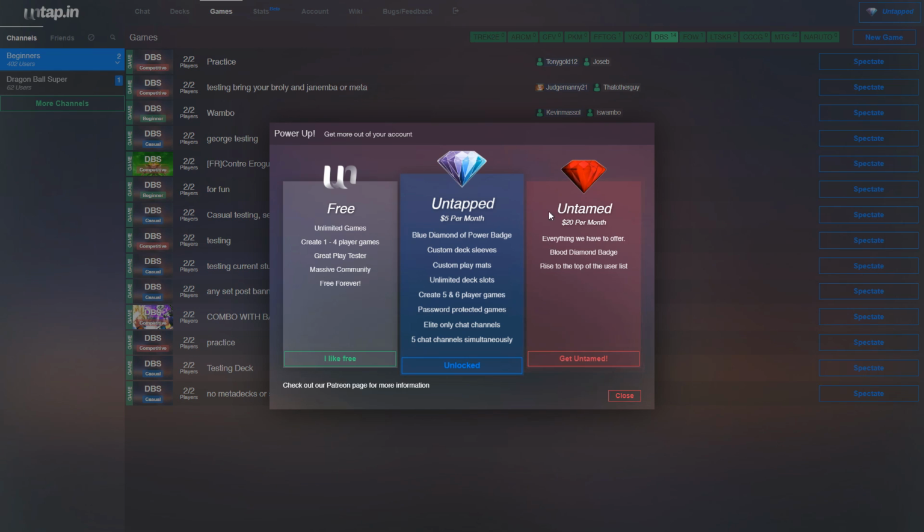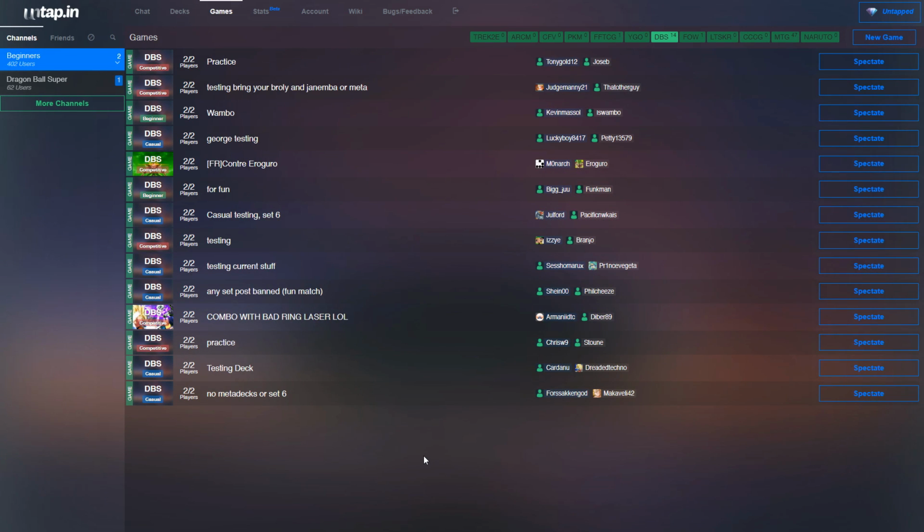as it does support a lot of different things for them. And then of course the Untamed is just, you get a badge, you're at the top of the list, and then everything here. So I don't know if that's really worth it. No offense to them. I don't know if that's really worth it, but it's really up to you,